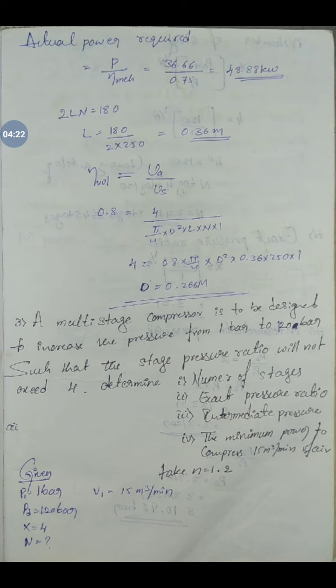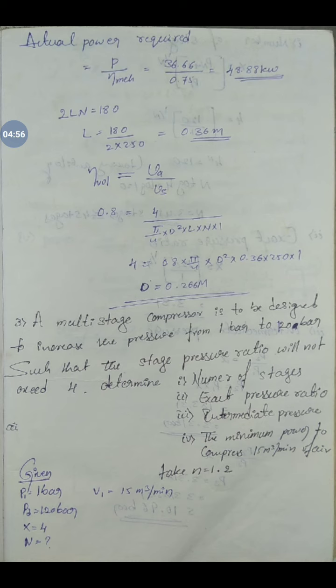He is asking to design a multi-stage compressor to increase the pressure from 1 bar to 120 bar such that the stage pressure ratio will not exceed 4. We don't know how many stages it is, so he is asking that each stage pressure ratio not exceed 4. He is asking to determine the number of stages, exact pressure ratio, intermediate pressure of each stage, and minimum power to compress the